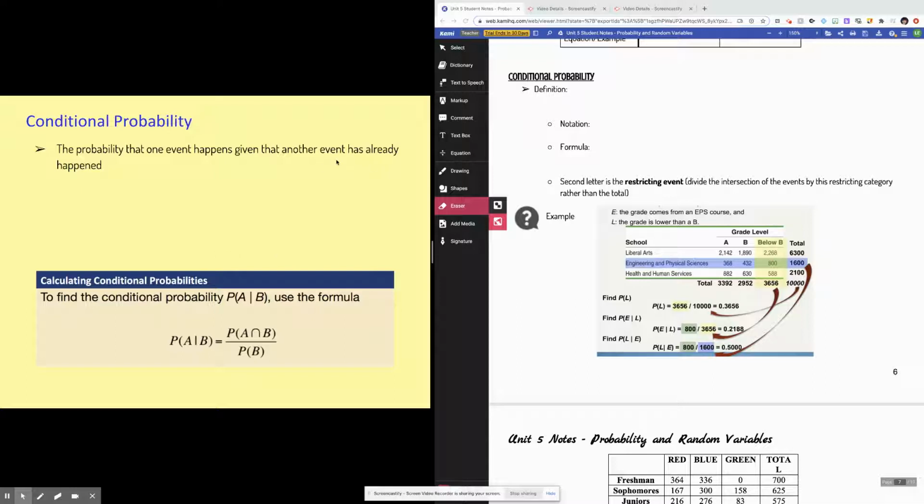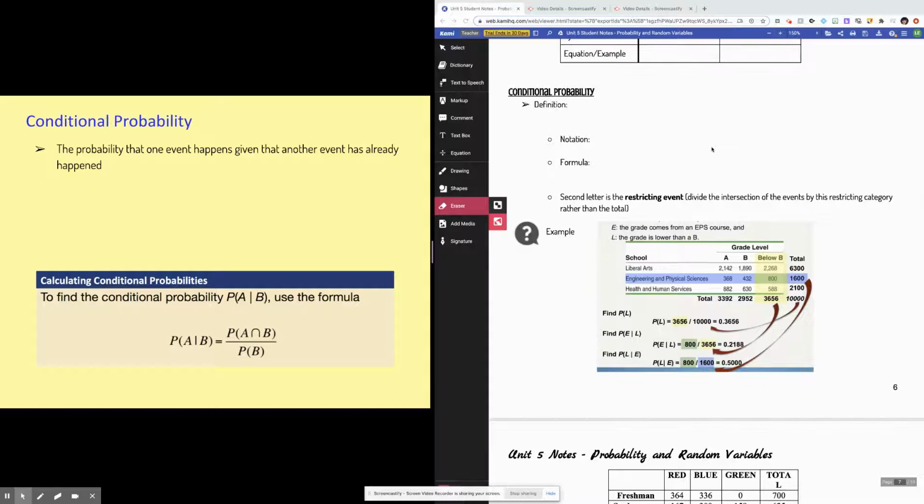In the previous video, we talked about some very basic probability rules, like the addition rule, the complement rule, things like that, right? Conditional probability is a little bit different, but it's exactly what it sounds like. You calculate probabilities based on a condition that is given to you. So rather than looking at, say, a whole two-way table, you would only look at one part or one section. So the definition of conditional probability is